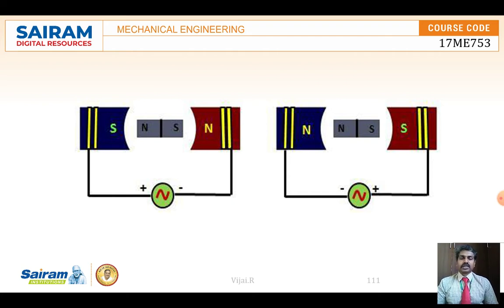Okay, so there are north pole and south pole magnets, and now we are changing the polarity. In AC, the alternating current, the direction of flow of current is changed. So positive negative, negative positive, positive negative, negative positive: this changes the polarities, the north pole and south pole, and our magnetic powers are interchanged. The power of north and south of the magnet is changed frequently, so that this center armature is rotated.